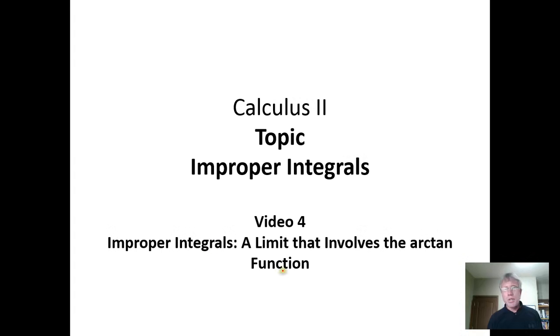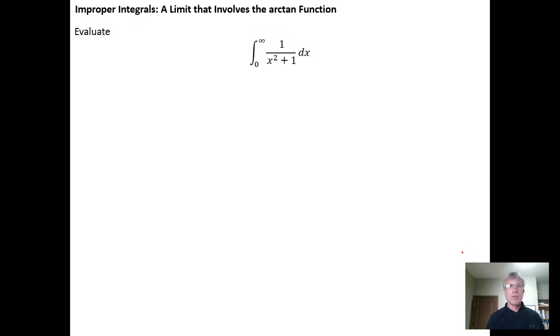So in this video we're going to do an improper integral that winds up causing us to need to evaluate a limit for the arctan function. So here's the integral we're interested in. This is the integral from 0 to infinity of 1 over x squared plus 1. So I'm going to rewrite that integral. I have the integral from 0 to infinity of 1 over x squared plus 1 dx,